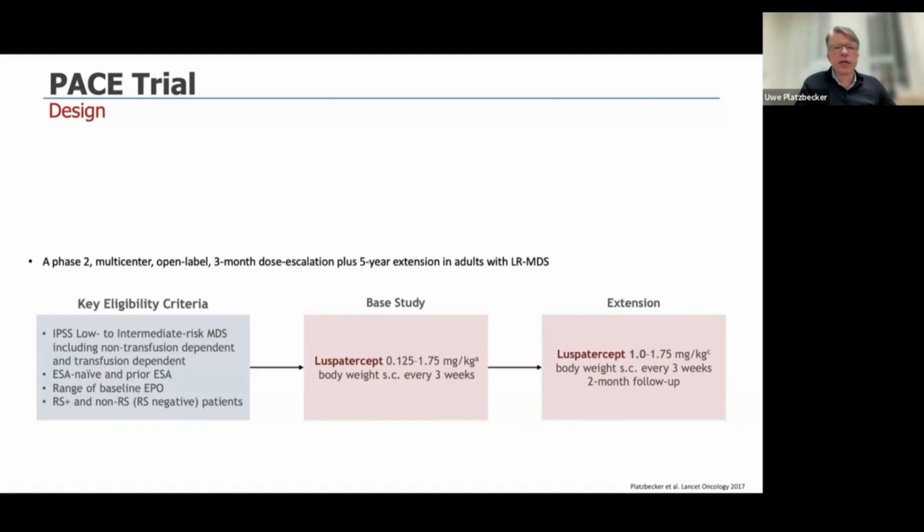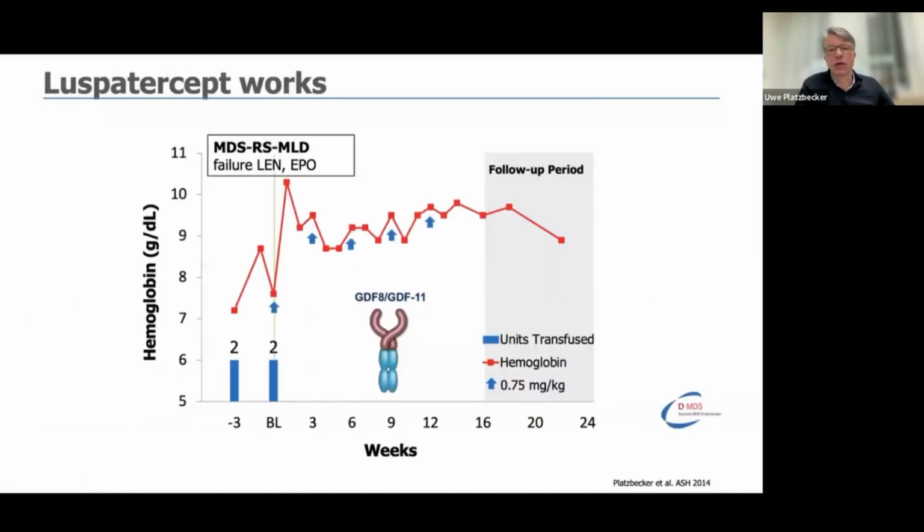And I think the rationale for phase 3 trials was also based on the PACE study, a phase 1/2 open label dose escalation study, where Luspatercept was titrated from a very low dose up to the dose we currently use as a maximum dose, 1.75 mg per kg. And a very heterogeneous group of patients with low-risk MDS received Luspatercept, including non-transfusion dependent, transfusion dependent, ring sideroblastic,